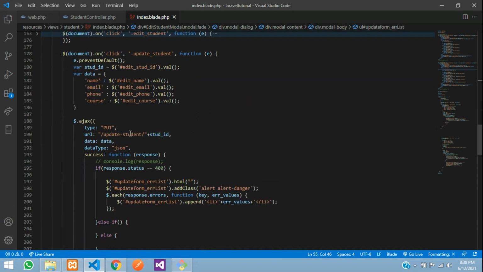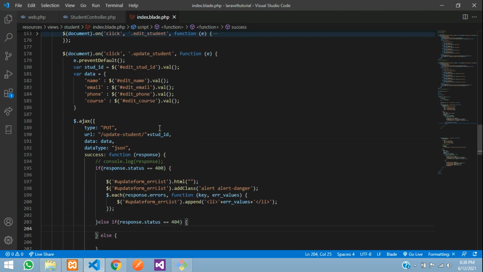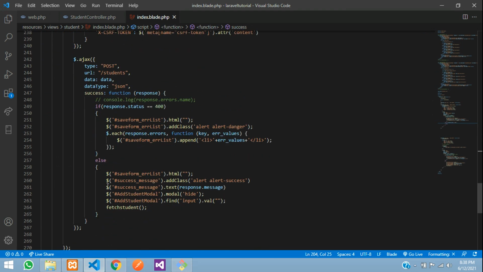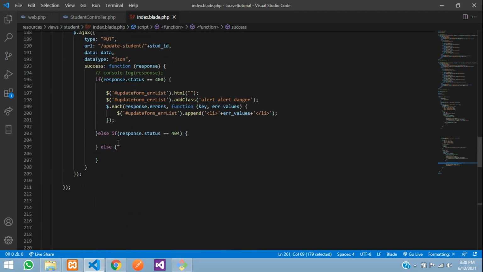And yep guys, so let's get back. So what in case of the next statement? Let's copy this, paste over here. In this case, we are going to tell 404 student not found. So for that, you can just show it in the same message. Let me just copy from here below to show the success message. Copy and paste.